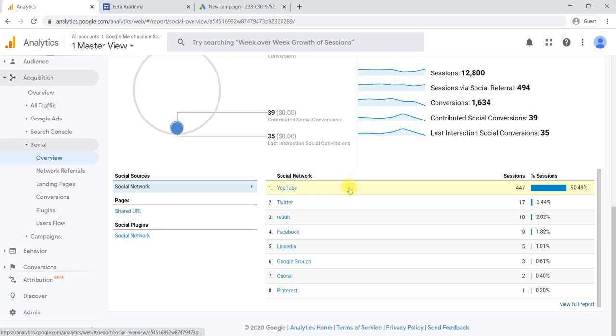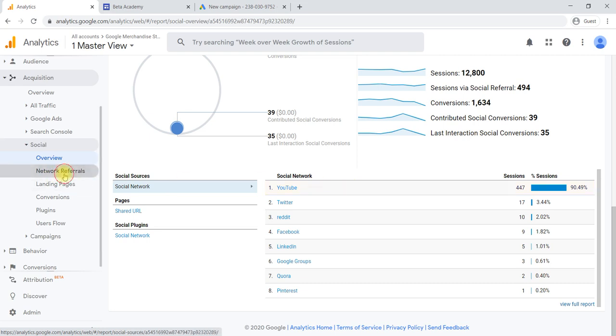In the sense, can I promote ads on YouTube, on Twitter, or on Facebook, LinkedIn or Pinterest? This information will help you manage your social media marketing and improve your social media marketing strategies.